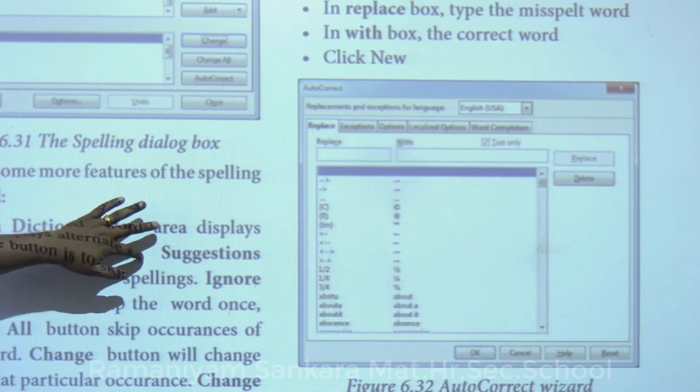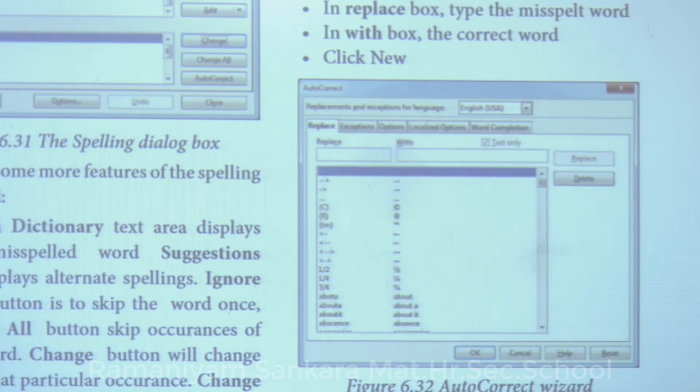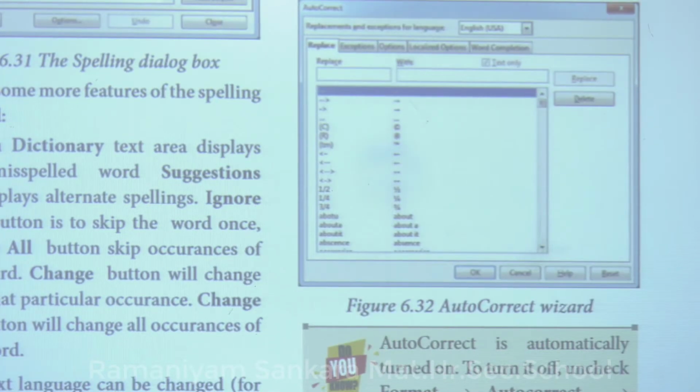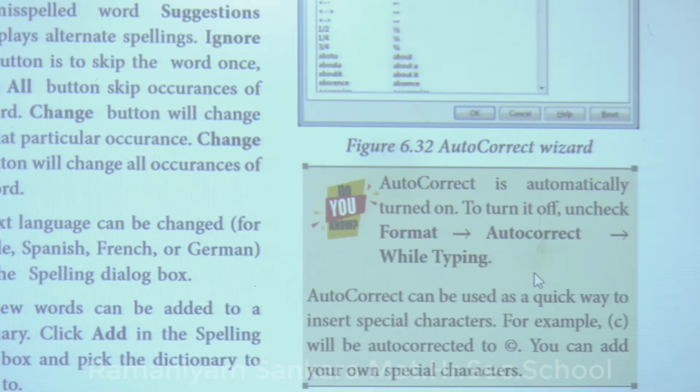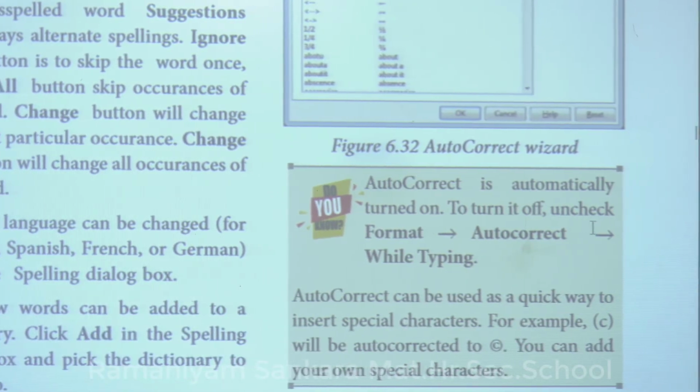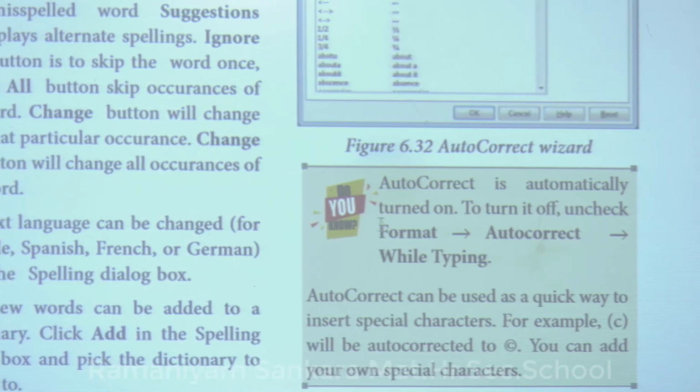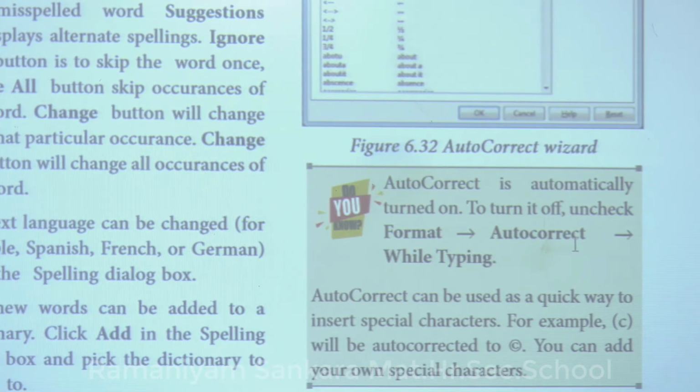Under this dialog box, autocorrect is automatically turned on. You can see here autocorrect is automatically turned on. To turn it off, you have to click on Format followed by Autocorrect and select the While Typing method.